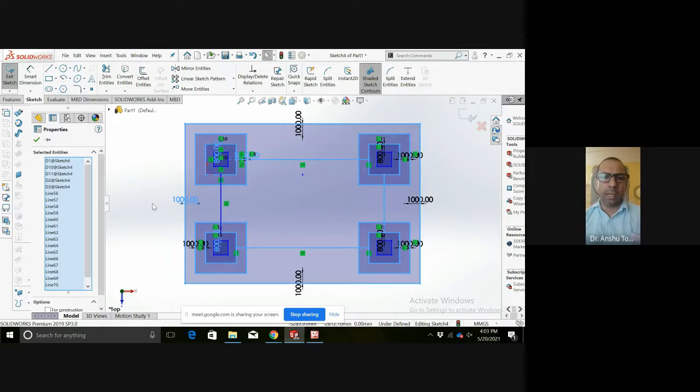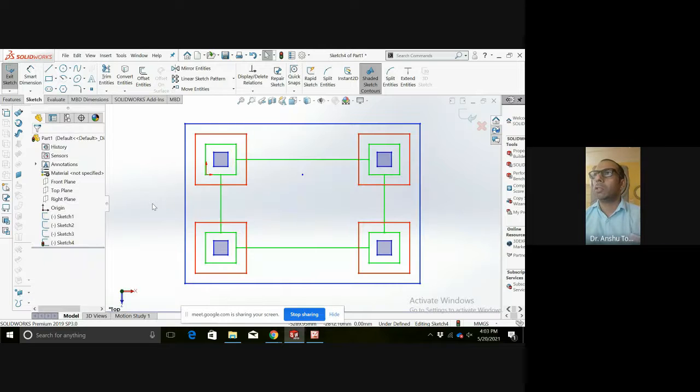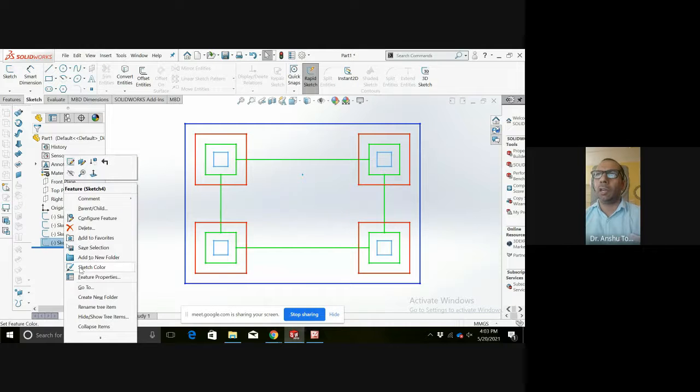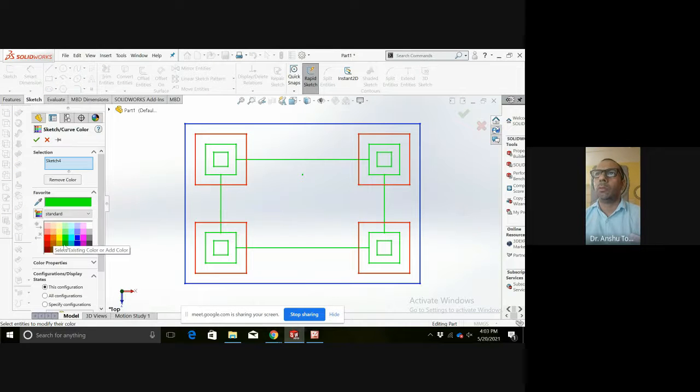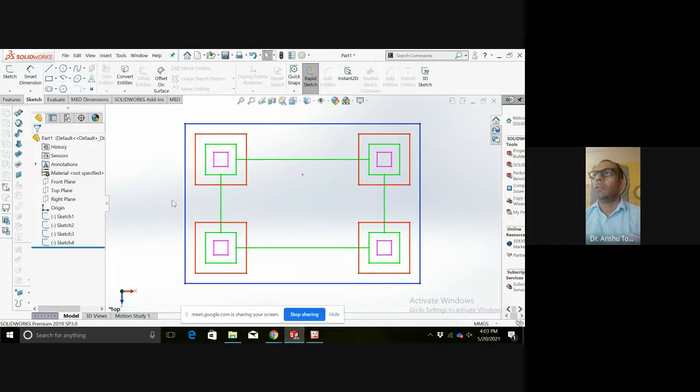Now everything is selected except the interior column part only. So I will delete all others. I will be left with this and I will change its color to, let's say, pink. So now I've got the column capital.